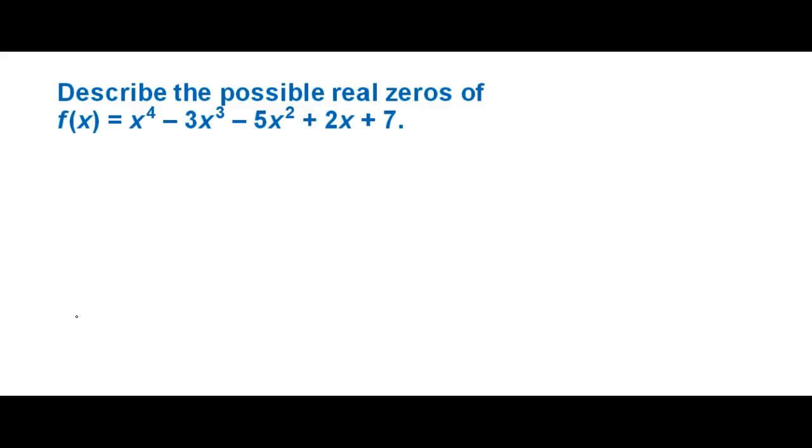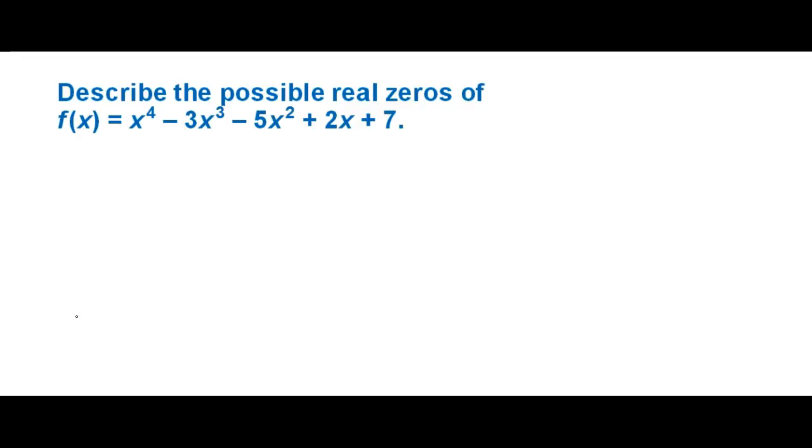In this tutorial, I'd like to show you how to use Descartes' rule to describe the possible real zeros of a function. In other words, how many zeros can this function possibly have? And there's a different method for looking at how many positive real zeros it has versus how many negative real